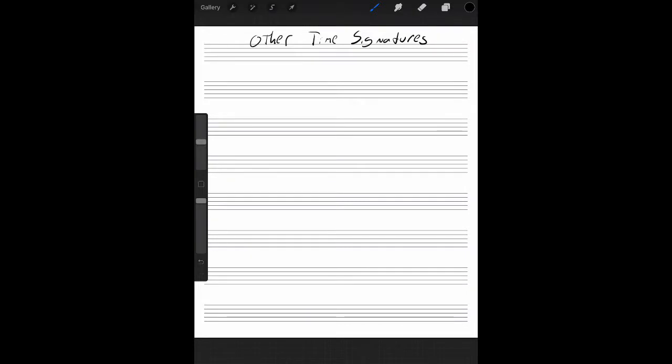Welcome into lesson 9, talking about time signatures other than 4/4. So if we remember our time signatures, two numbers, remember we're not going to do a fraction, get rid of that. And our top number is telling us how high we count, and our bottom number is telling us how fast we count. Another way to think about that, the top number indicates how many beats are in the measure,